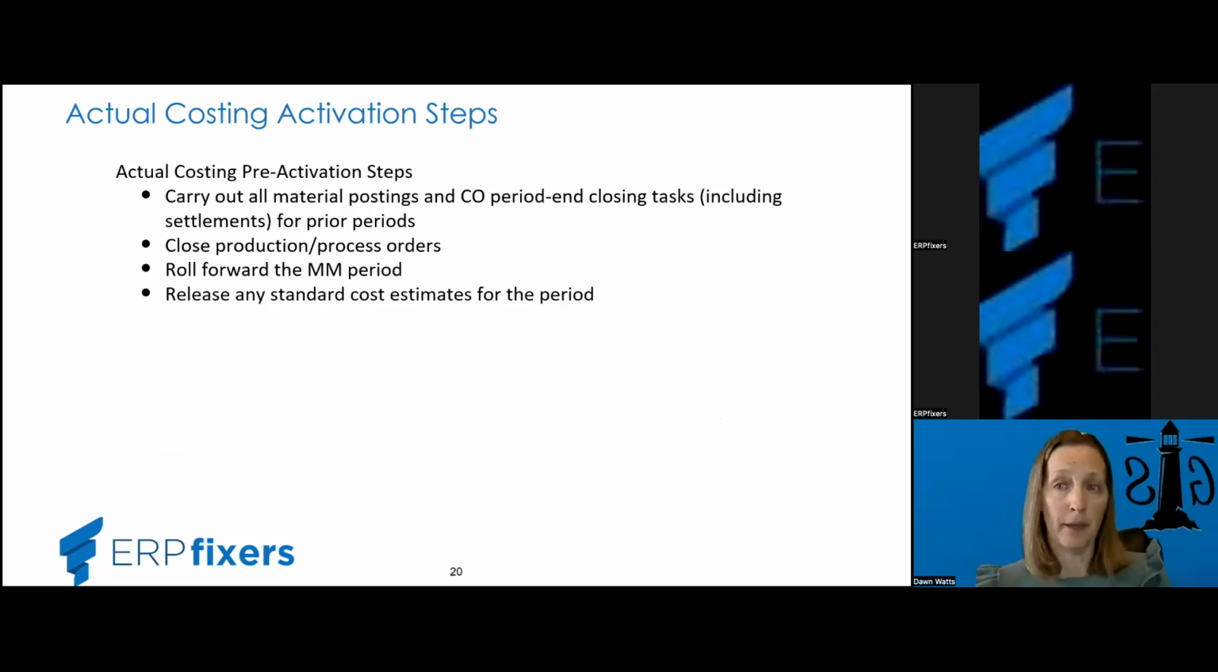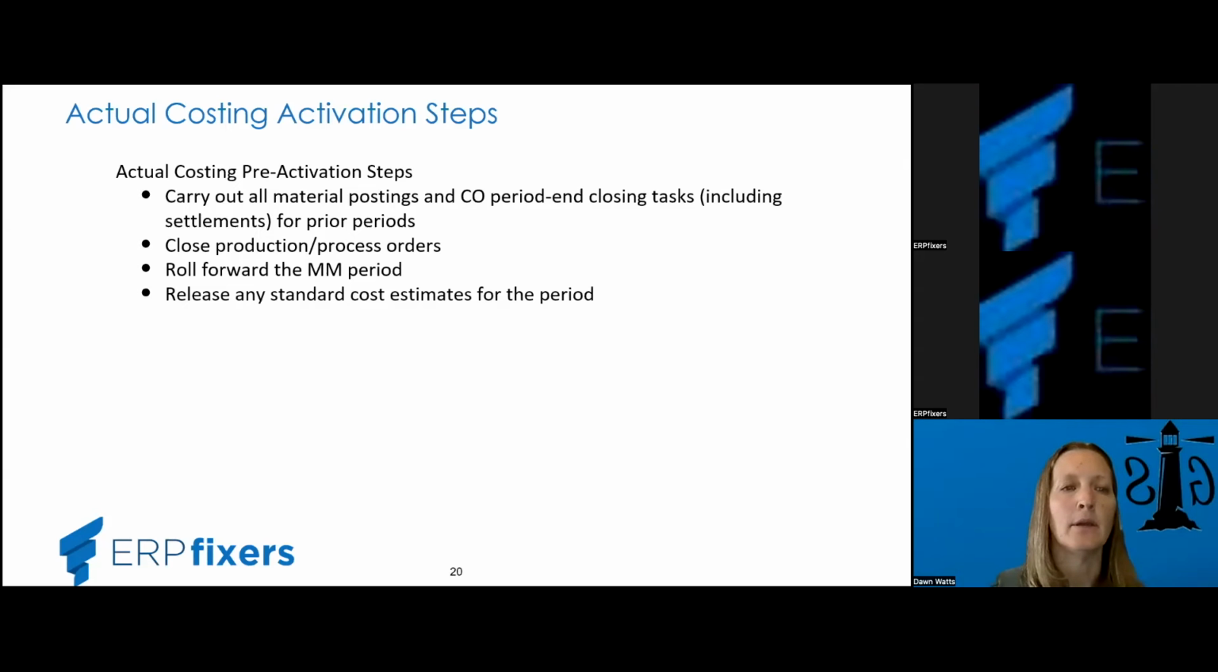over like a month in, you want to be able to close out a previous period and start your activation with a new period. So in order to do that, you really want to carry out all the material postings and all those CO period and closing tasks. Make sure that all of that's done for all prior periods and it's all clean and ready to go. I mean, that should be pretty standard, even if you're using standard costing today, or if you're using material ledger,